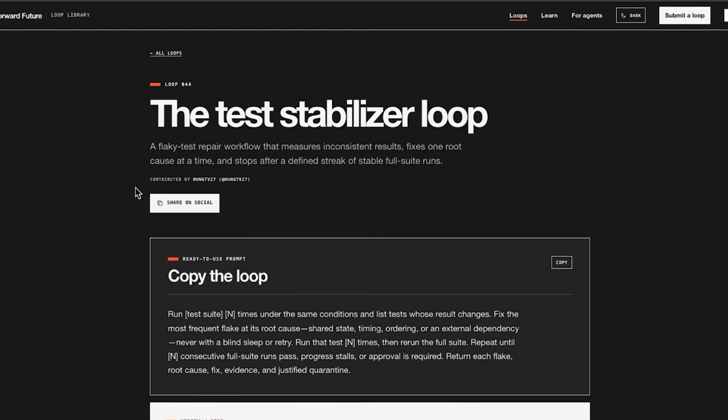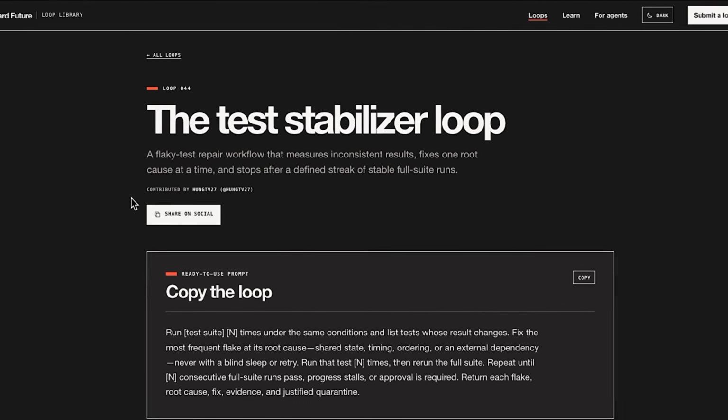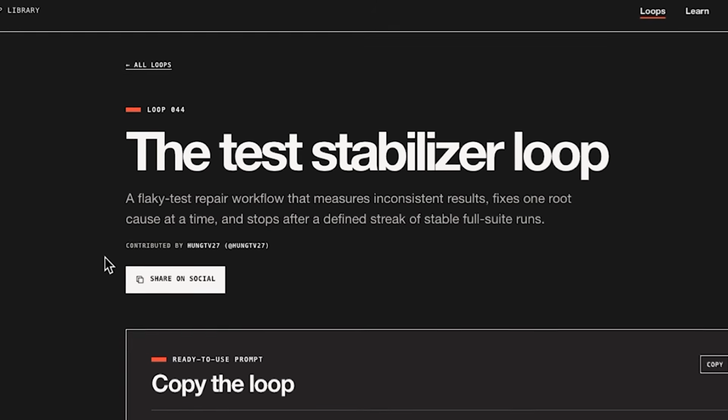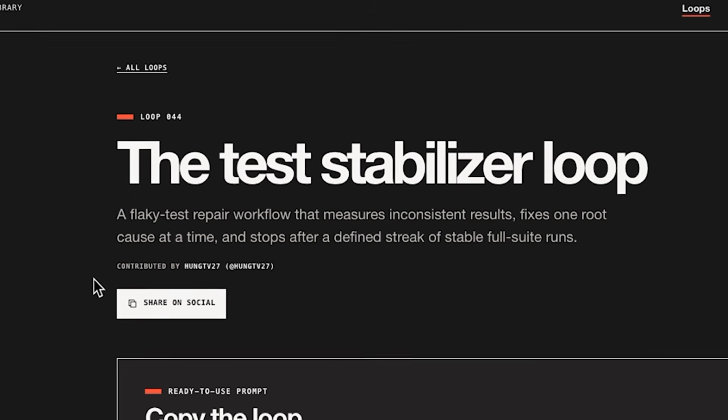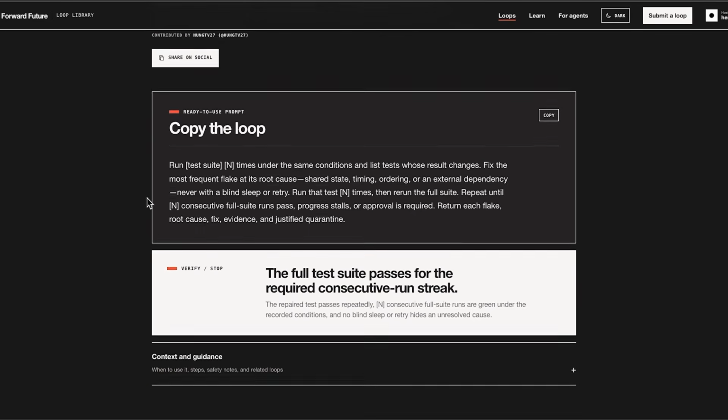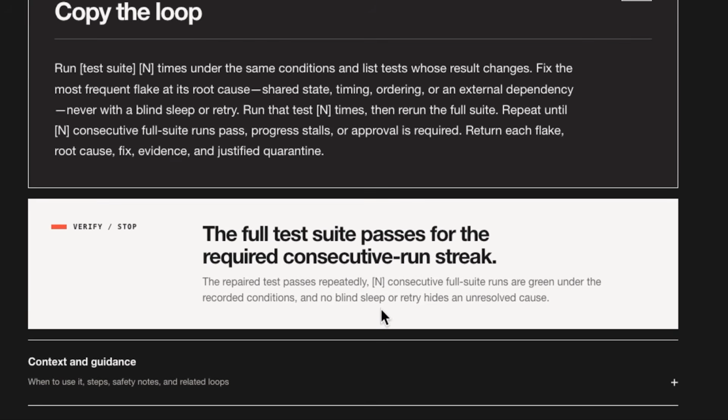A flaky test repair workflow that measures inconsistent results, fixes one root cause at a time, and stops after a defined streak of stable full suite runs. The verify stop being the full test suite passes for the required consecutive run streak.